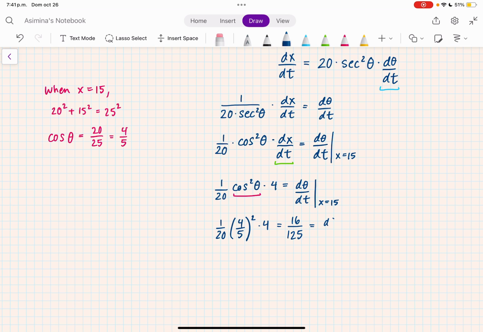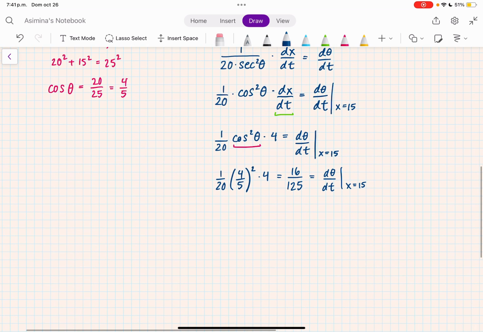So this is dθ/dt when x equals 15. So again, what does this mean? This means that the spotlight is rotating at a rate of